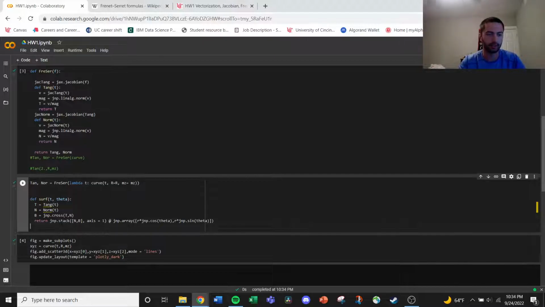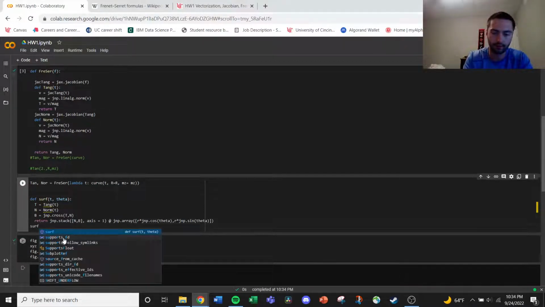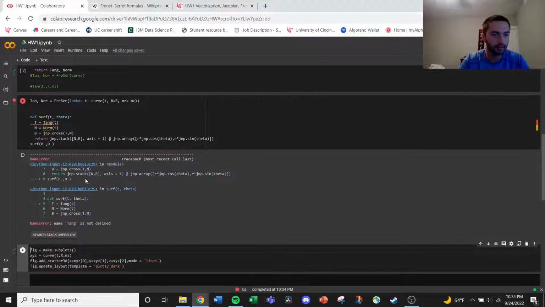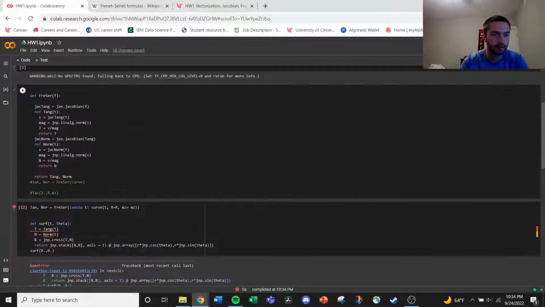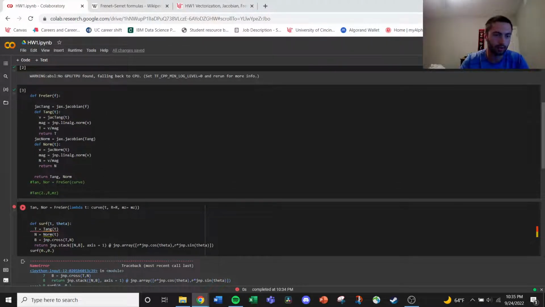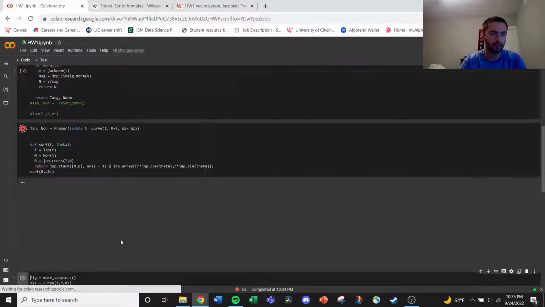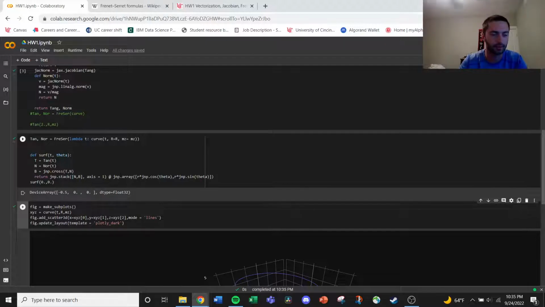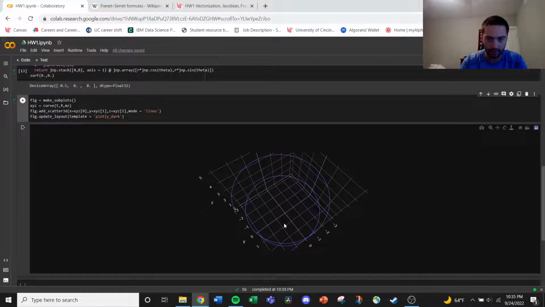So now let's say I call on surf at 0, 0. It's not defined. Okay, I called it tangent, and I called it norm. Alright, so this gives us our point, and it says it should be at x of negative 0.5, 0, and 0, but clearly if we take a look at that, that would be a point right here, and that is not